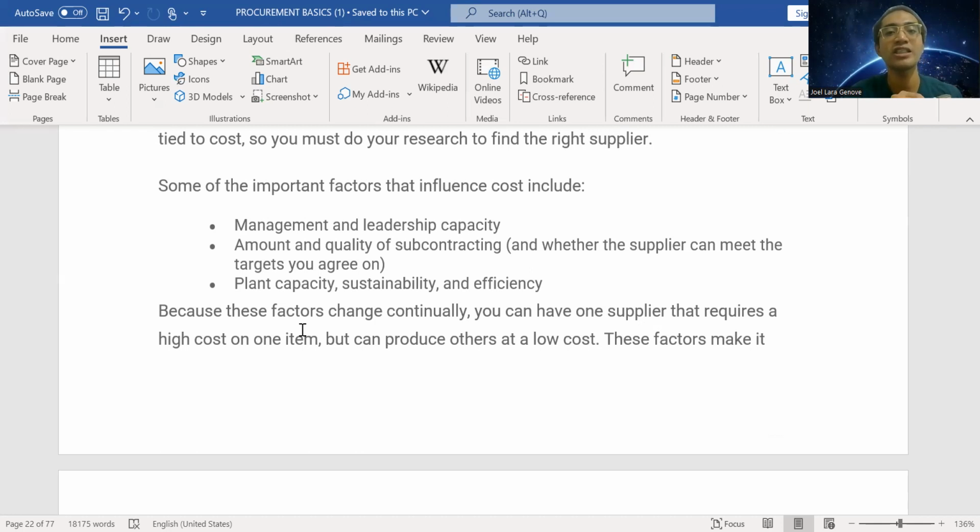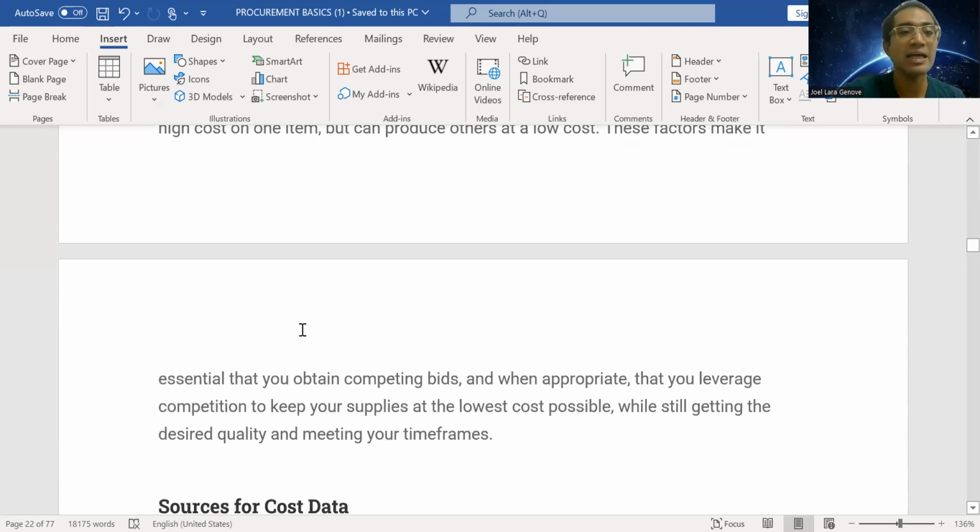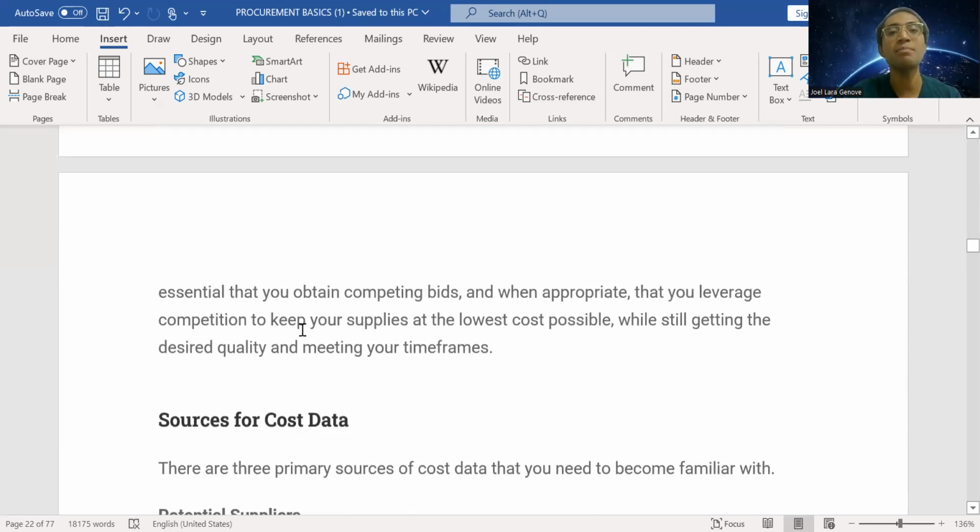Because these factors change continually, you can have one supplier that requires a high cost on one item but can produce another at a low cost. These factors make it essential that you obtain competing bids and, when appropriate, leverage competition to keep your supplies at the lowest cost possible while still getting the desired quality and meeting the time frames. I like that part. It says there, lowest cost possible if you're going to procure something for your company. However, you are aiming to get the desired quality and meet the time frames,